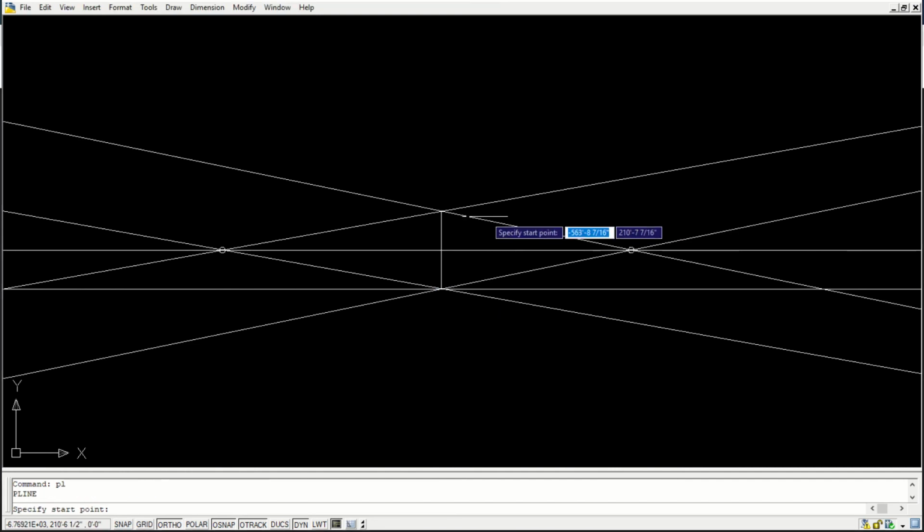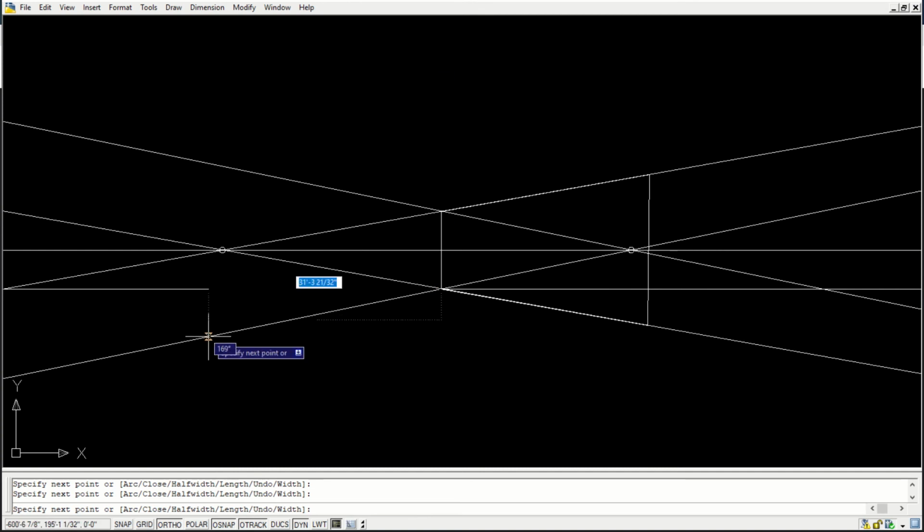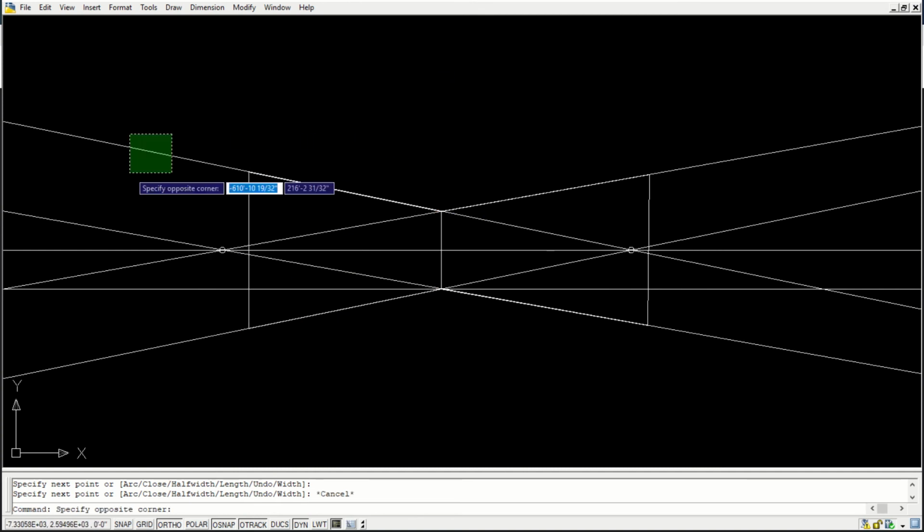Okay, so I'll just make this grid. I'll remove all this.